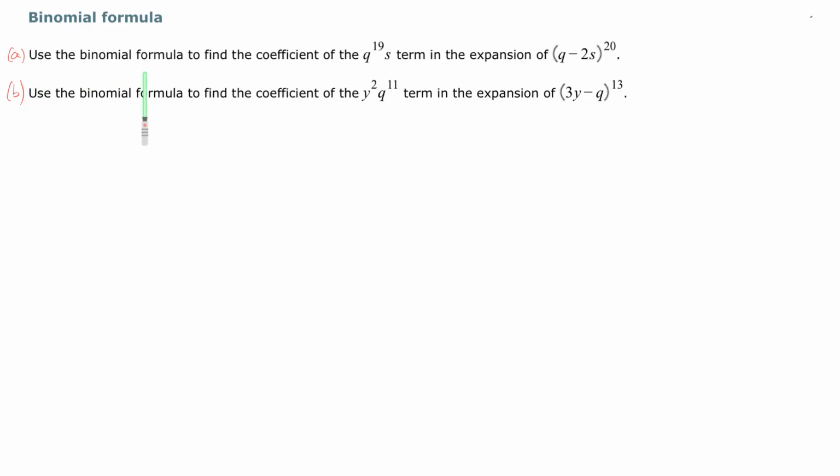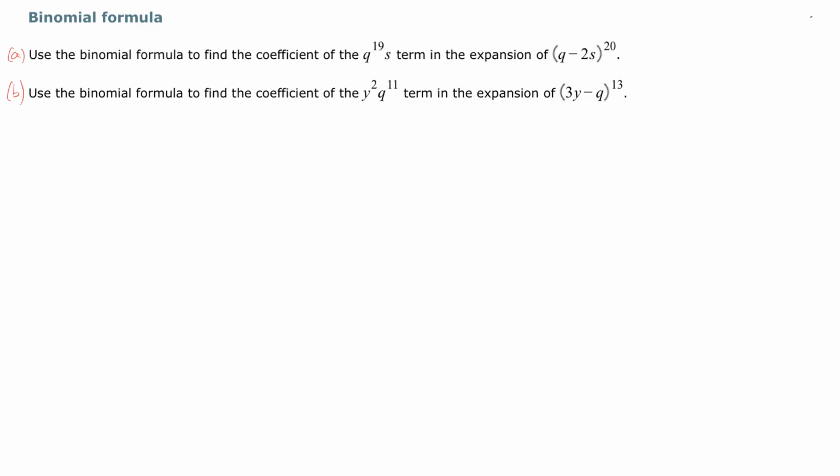Use the binomial formula to find the coefficient of the q to the 19th power times s term in the expansion of the quantity q minus 2s raised to the 20th power. First of all, what is the binomial formula? Remember that it actually uses